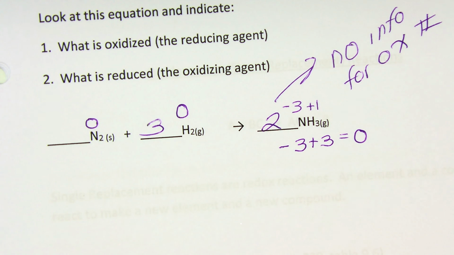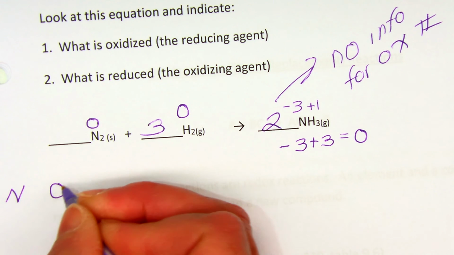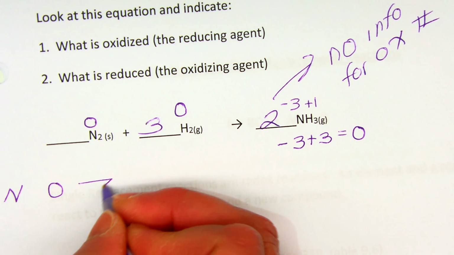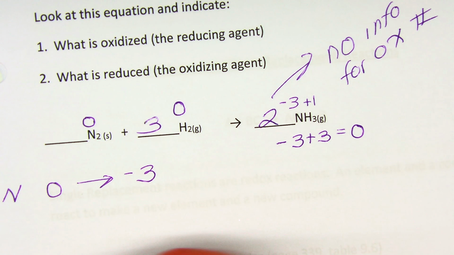So when I look at this now, I say, how did things change? For nitrogen, it was a 0 on the reactant side, and it is a -3 on the product side. The oxidation number went down. It went from 0 to -3. So that